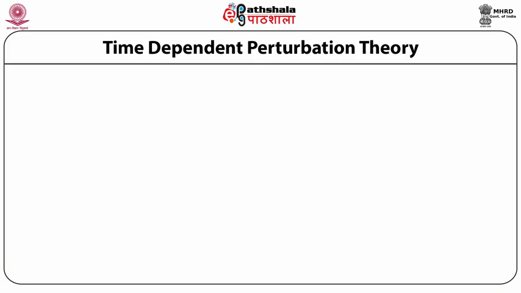We assume that the interaction Hamiltonian Hi is small, a perturbation compared to H naught, and is time dependent, and produces a change or mixing of the eigenwave functions of H naught. This is the Heisenberg picture for Hi, or the interaction. The mixed picture for the whole Hamiltonian is called the interaction picture. It has both H naught and Hi. We next go on to discuss time-dependent perturbation theory.